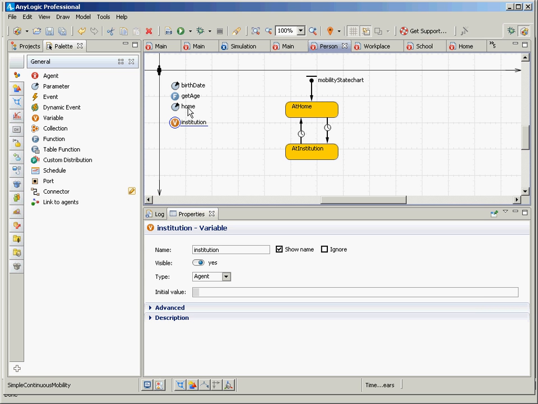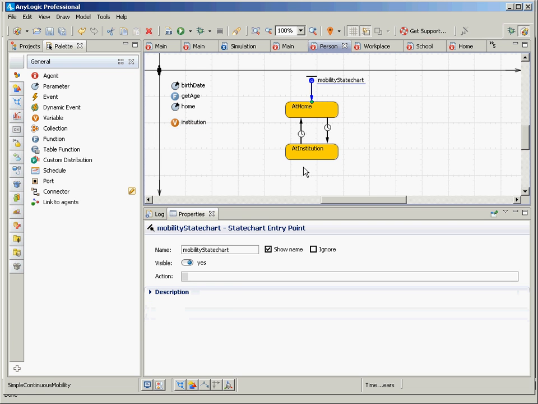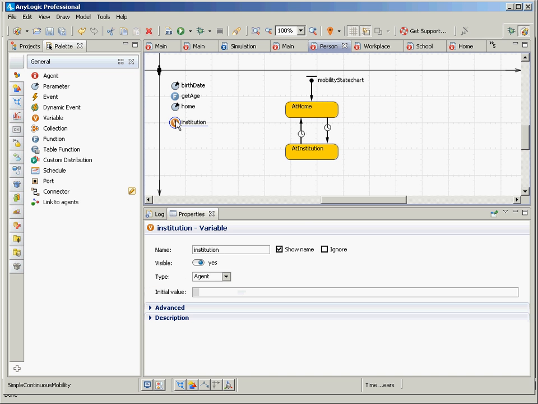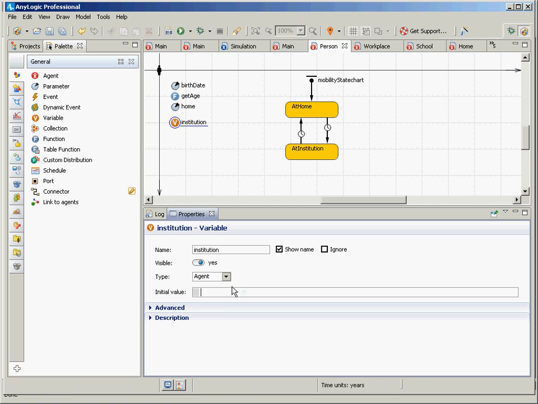Okay, and when they get created here, we're going to determine their institution. In fact, we could do it right here. Yeah, here we go. For the initial value of the variable, we're going to call the get age. So if their age, if yes,